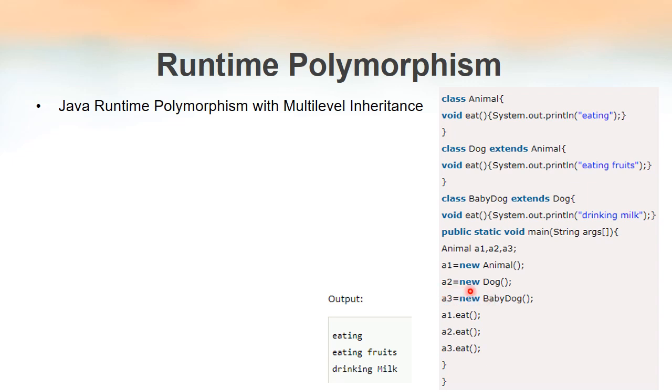In the second line of code we are writing a2 is equal to new dog. So a2 is the reference variable of the parent class, and it is referring to the object of the child class. a2 is now referring to an object of dog, which is the child class of class animal, and a2 is the reference variable of type animal. Similarly, a3 is now referring to the object of class baby dog.